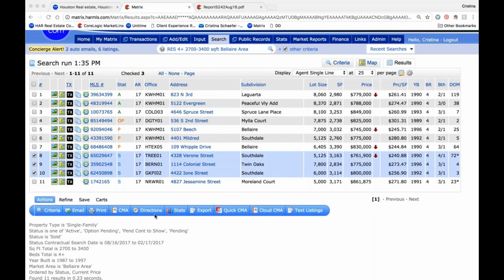Okie doke. So moving on to Cloud CMA. Now, like I said, Cloud CMA is the only thing within Matrix that's different if you're an MLS Platinum subscriber versus a standard subscriber. So if I have selected my comps and I am a Platinum subscriber, I'll be able to click Cloud CMA and pull up the Cloud CMA